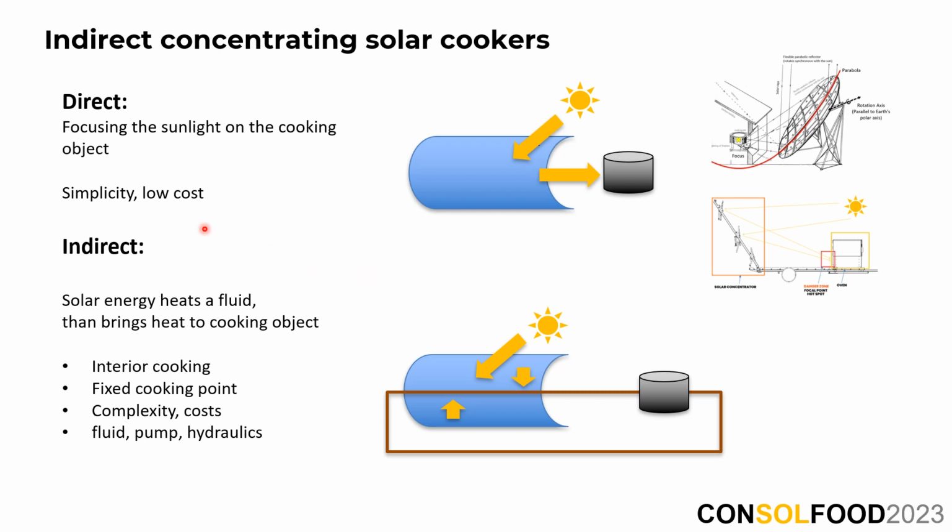Another possibility would be to implement an indirect system where solar energy is concentrated and then is absorbed by a fluid, which flows inside a circuit, and it is able to deliver heat to the cooking element. In general terms, this concept can have some advantages, because the cooking point can be located inside the building, so we can have interior cooking, which is more comfortable maybe in some contexts. The cooking point is not directly related to the position of the concentrators,